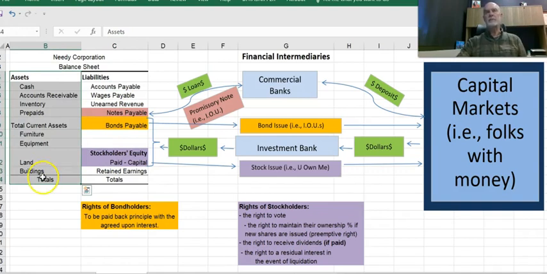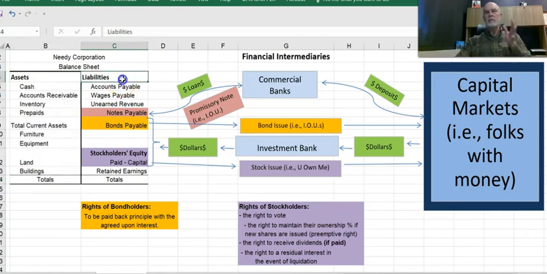So on the right-hand side, the money that we get to finance our business can come from basically three places. We can borrow the money, which means we've got to pay it back. We can get it from stockholders directly out of their pocket. We call that paid in capital, and that represents what they have invested for stock in the company. And then, best of all, if we can be profitable, we may choose to keep that profit in the business. We call that retained earnings, and we're basically reinvesting those profits to grow the business.